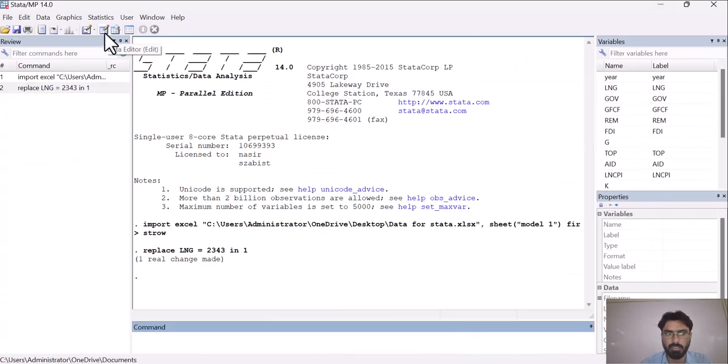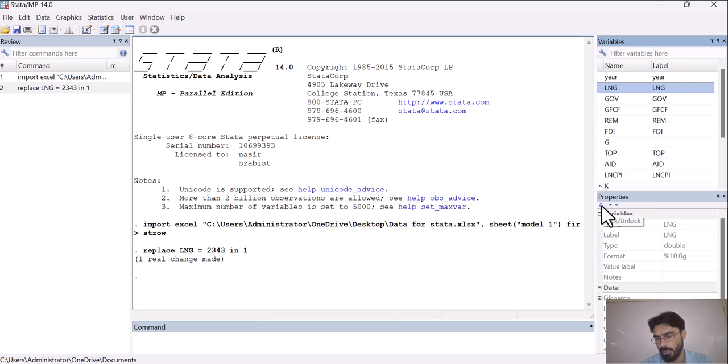And one thing more, if you want to change the label of your variable, then you have to go here and unlock this option, and here you can change the label of your variable.